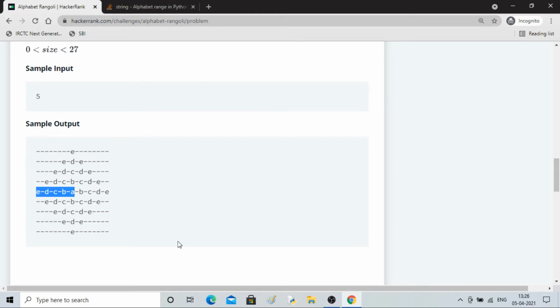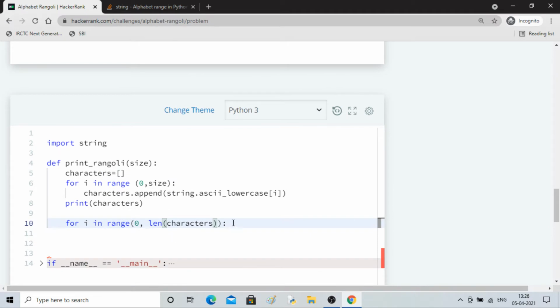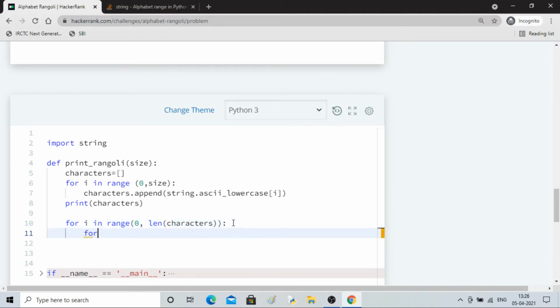Now I have to go inside each row and print these values. I'll use a for loop again: for j in range, length of characters, comma 0, comma -1. It has to go in the reverse direction, right?